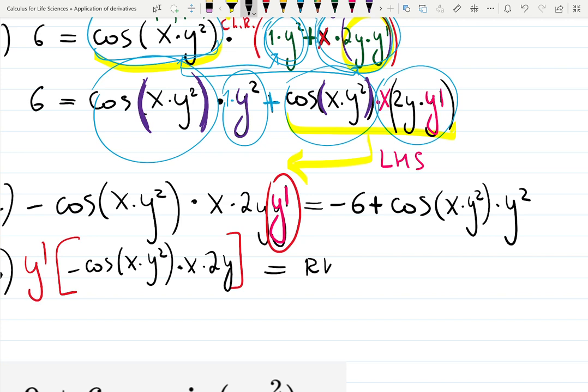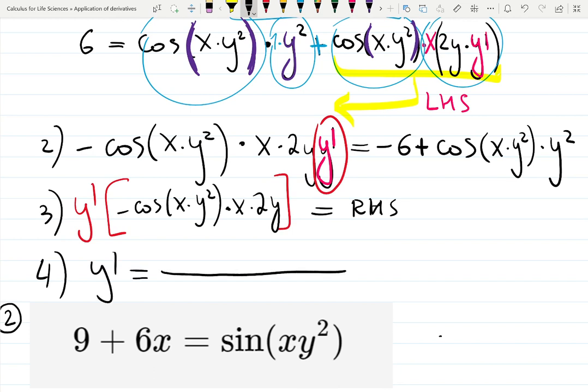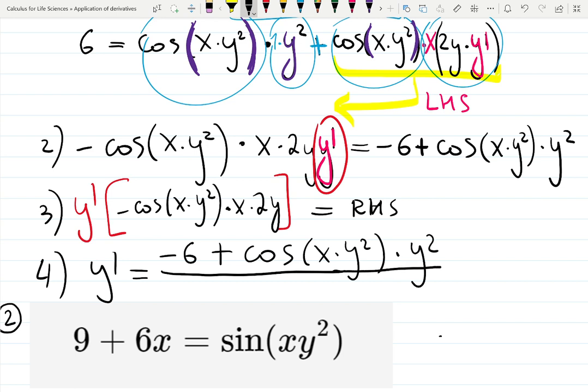Equals right-hand side. Some students are lazy to write it down. I can approve that. Yeah. And the last step will be y prime is right-hand side, which now you have to write down. Right-hand side is minus 6 plus cosine x times y squared times y squared, all over whatever is in the brackets. The brackets is, I know,